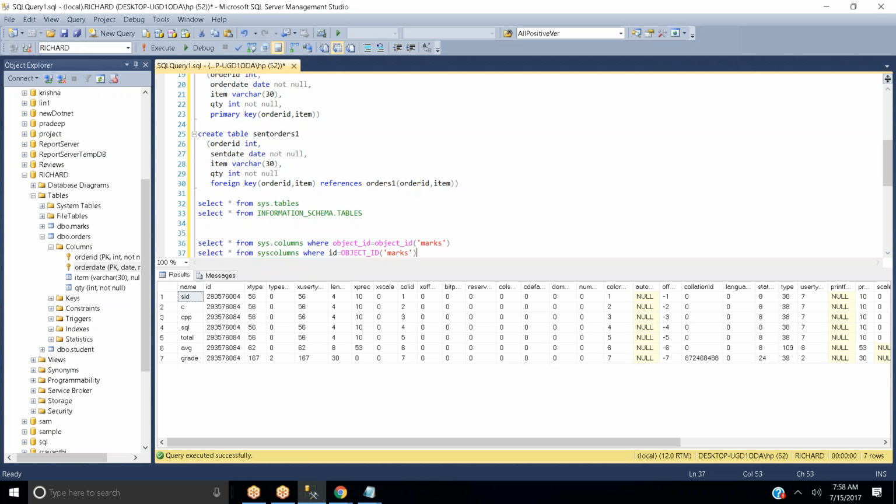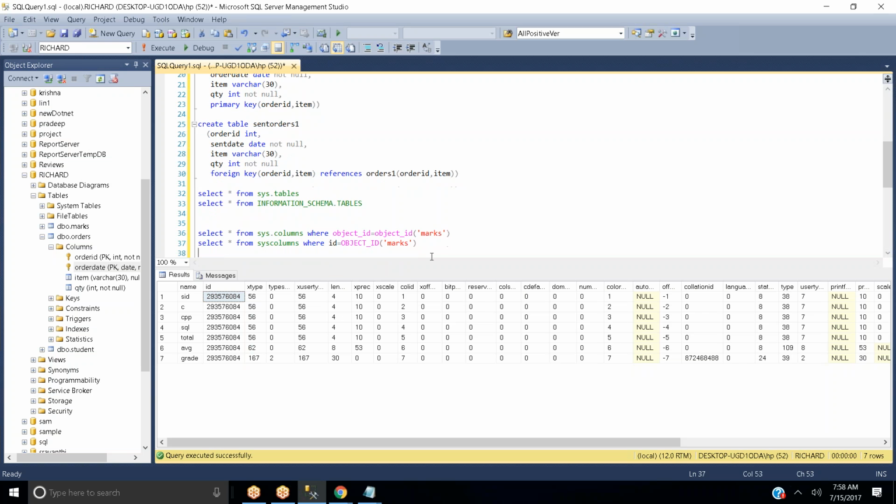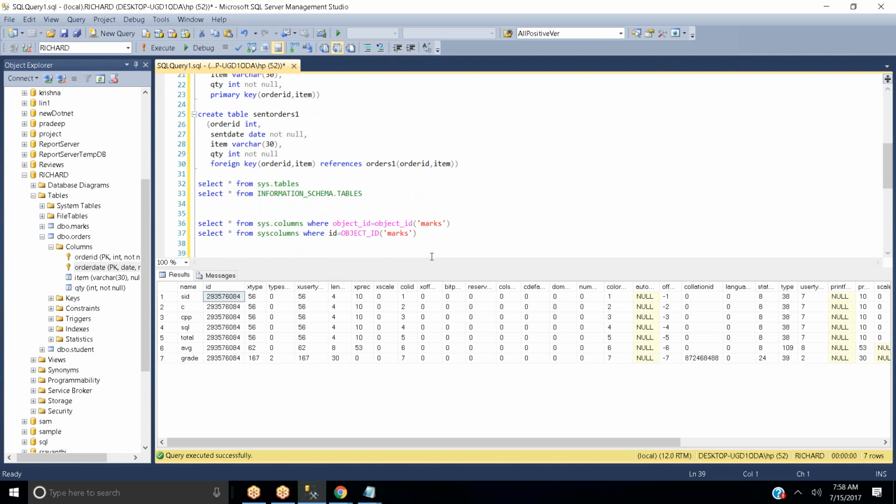In this way also you can see what columns have been defined as part of your table, and by default it is going to give one ID. I mean to say, for this particular table also one ID has been defined, and that is the reason why you can see here the corresponding ID for this table is 23957608. These things may not be used, but they are automatically defined by the system itself. This is how you can identify what columns and what tables are present in your database.